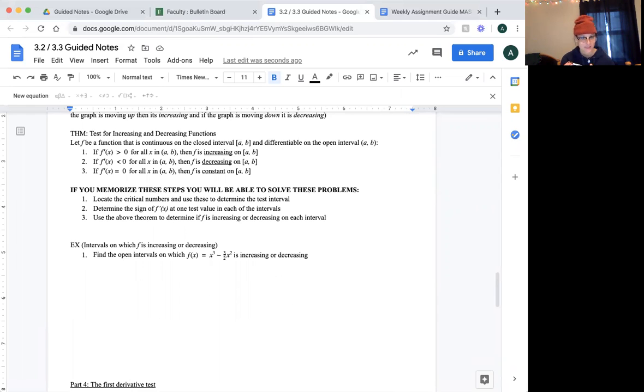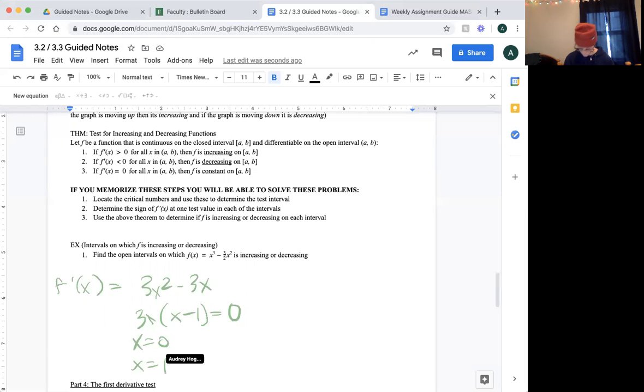So, for example, number 1, find the open intervals on which f of x equals x cubed minus 3/2 x squared is increasing or decreasing. So step 1 is to find the critical numbers. Critical numbers are where the derivative equals 0 or doesn't exist. So f prime of x for this function is going to be equal to 3x squared minus 3x. We're going to factor out a 3x. We have 3x times (x minus 1) equals 0,